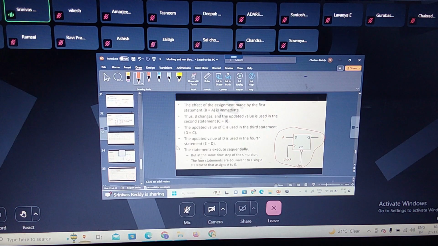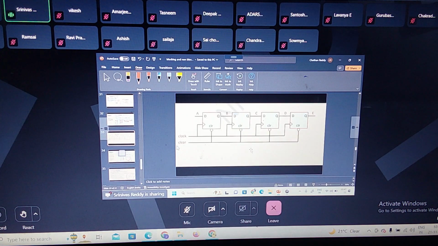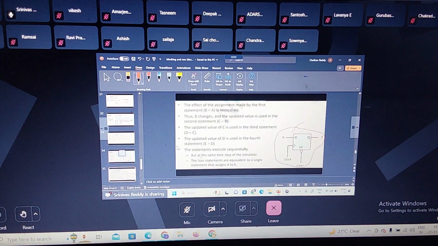The way I am writing the order here, this is correctly modeled as a shift register. Shift register means what? Each flip-flop output follows the previous one. That is following the previous one. That is following the previous one. Correct. If I reverse this order, this will be modeled like this. You don't understand? Now,